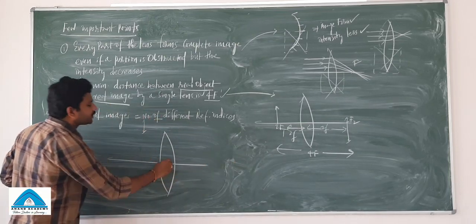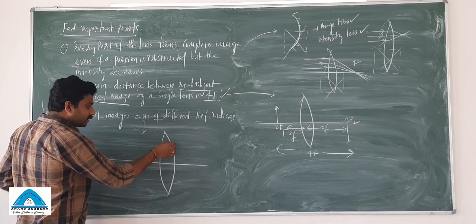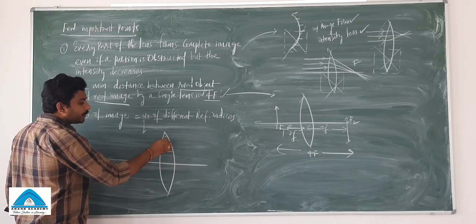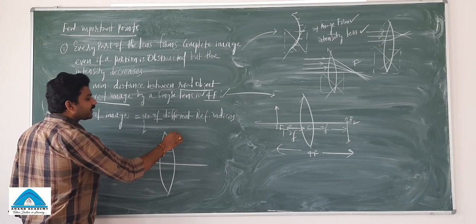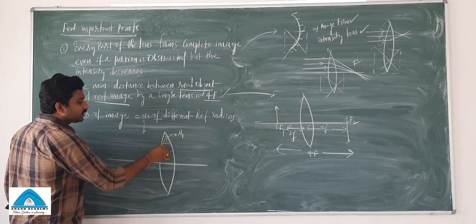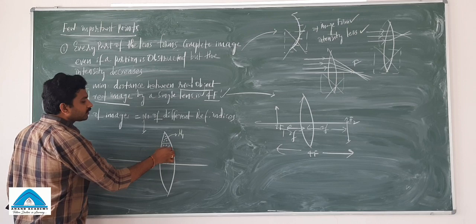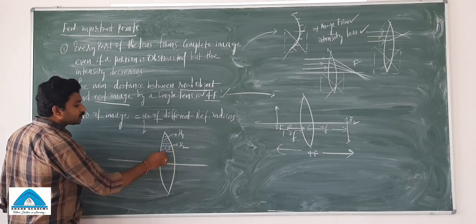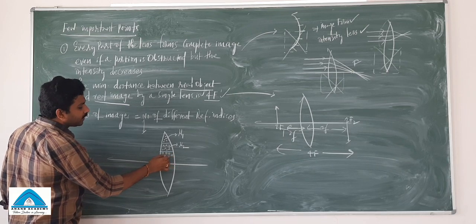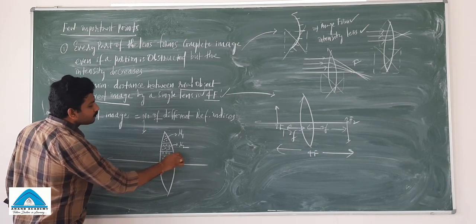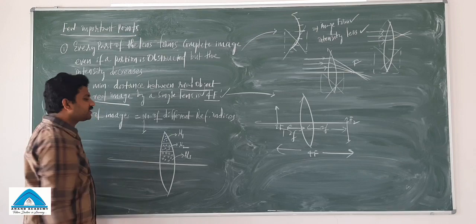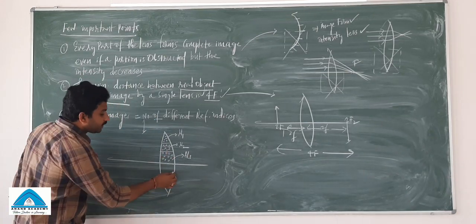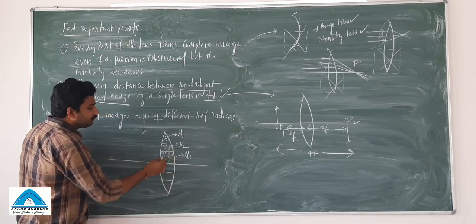Let me say, this is the principal axis. So you can see here, it's 1, 2, 3. This is a medium having a refractive index mu1. This is a medium having a refractive index mu2 here, and this medium has a refractive index mu3 here. You can see the lens is made up of 3 different mediums. So in the same way here also the similar mediums.